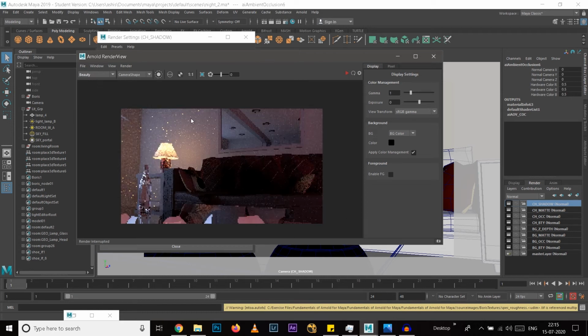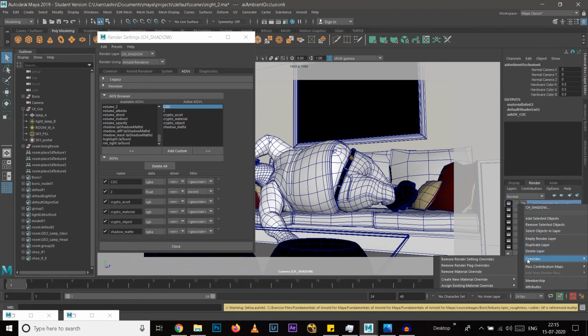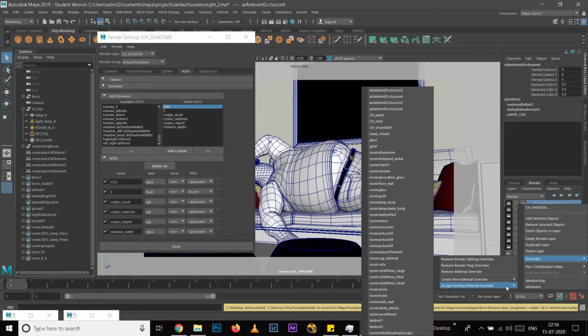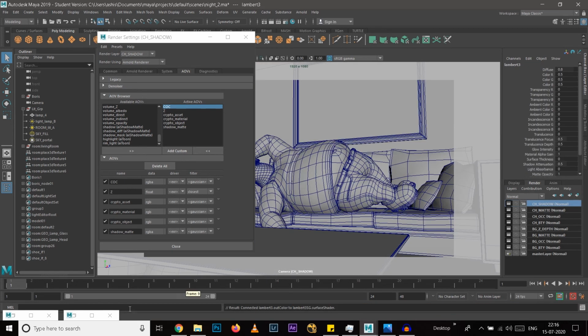So just cancel this one. Thing is that if we will render this whole background like this, it will take lots and lots of time to render, and we only need this shadow and contact shadow. So for that, what I will do is apply a layer override. So I will go to override, create new layer override, and I will assign a Lambert in here. So I could create a new Lambert that will be better. So new material that will be Lambert, and